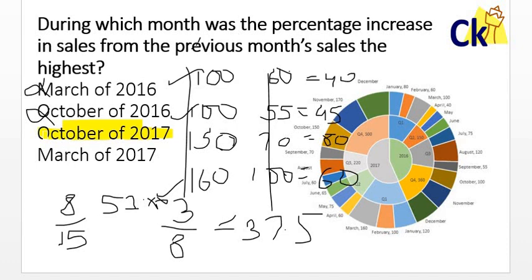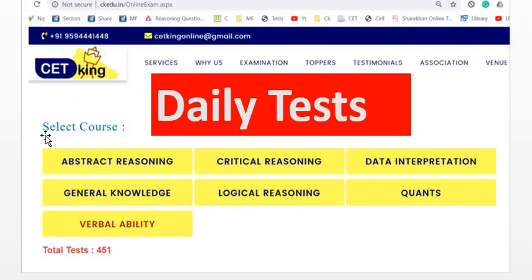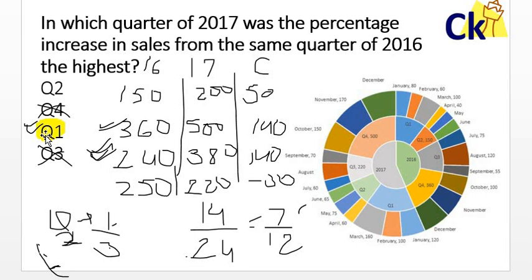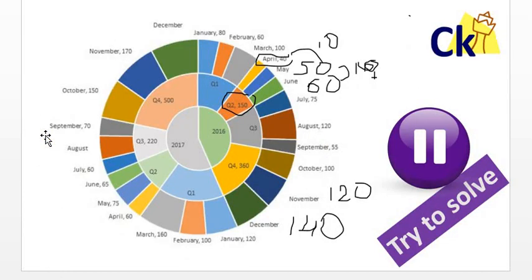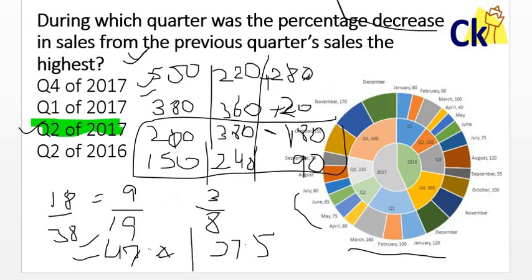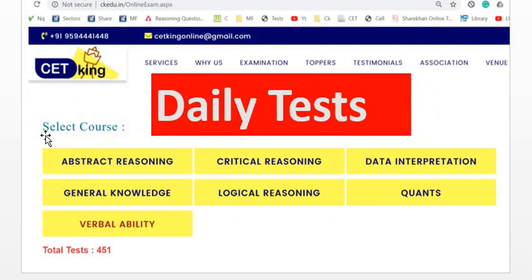I hope you have understood this set. So see, this set was pretty basic. You just require the basic understanding of AP, and if you are just doing AP at your grassroots level or your base level, you will start from this concept only, where you assume the first term to be A, or in some cases as A minus T, and the rest was just the utilization of the concept of percentages. So see, in DILR you do get some easy sets, so you just have to identify those and solve them quickly. I hope everyone has understood this set. Thanks and happy learning.